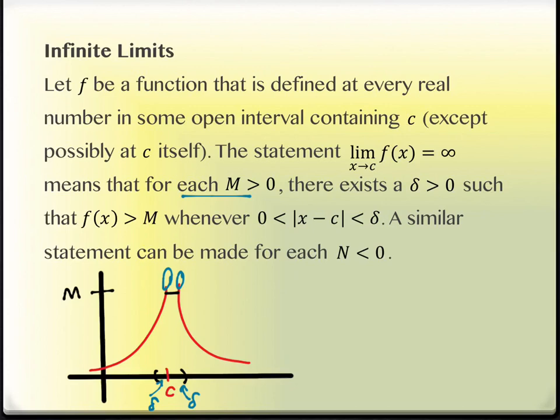It fails to exist here because it's infinitely large. And that's not the only way something can fail to exist, right? It can fail to exist because there's a hole with a jump. That's one option. Or even just a jump in the graph with holes on each end. So if there are jumps in the graph, it fails to exist too. So knowing that the limit is infinity tells us it fails to exist, but I understand more why. I know that there's an asymptote there that's causing this, as opposed to, say, a jump in the graph.